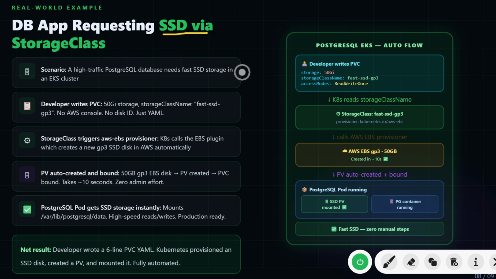Let's understand the scenario. Let's say we have a high performance, high traffic PostgreSQL database that needs fast SSD storage within the EKS cluster. Here, the developer is just going to write a PVC. They require so and so specifications of storage, and it is just a YAML specification, and they are not configuring any disk or any cloud provider storage details. Okay. Then once they create it,